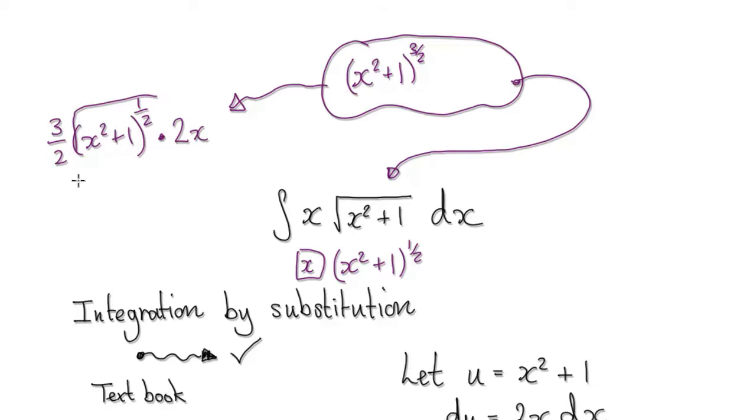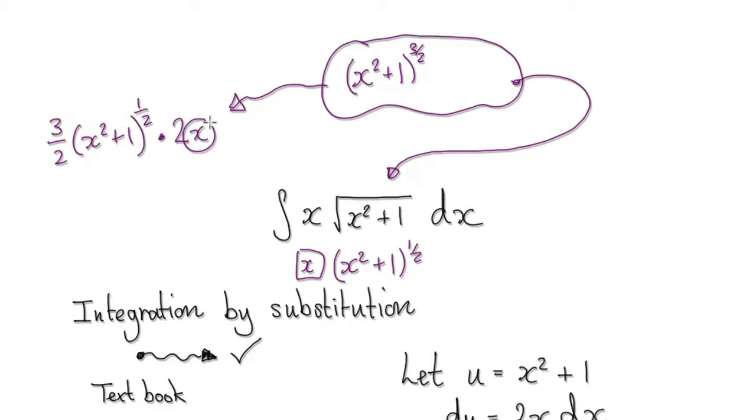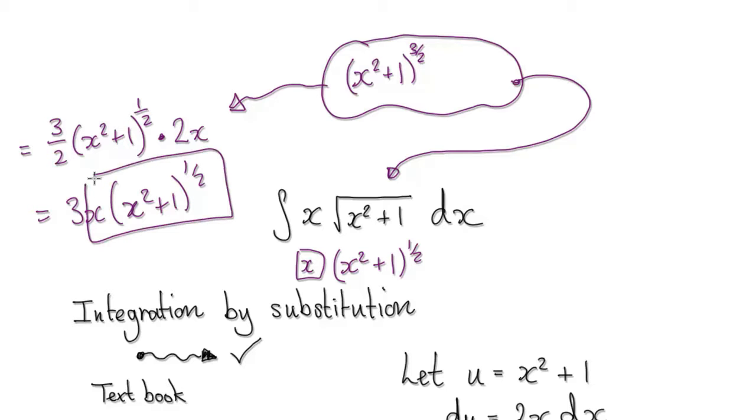And notice that this thing here appears right here. And then notice that this x here appears right here. Okay, but let me just tidy this thing up. So the two 2's will cancel each other out, giving you 3x, and then don't forget that's this x here, x squared plus 1 to the power of a half. Notice that this thing here is exactly the same as this. But the thing is, you don't want this 3, you want to negate this 3. So to negate this 3, you would go back to your initial guess and stick a third in here,